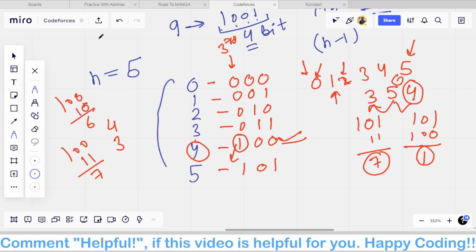But there is a thing that when we are taking XOR of 4 and 5, then there will be a XOR of 5 and something else also, and in that case it will be greater than or equal to 4. हम लोग 4 से 5 कर रहे हैं तो 1 आ रहा है, लेकिन 5 कभी तो किसी न किसी से हो रहा होगा, ऑब्वियस सी बात है, फिर तो वो हो रहा होगा।